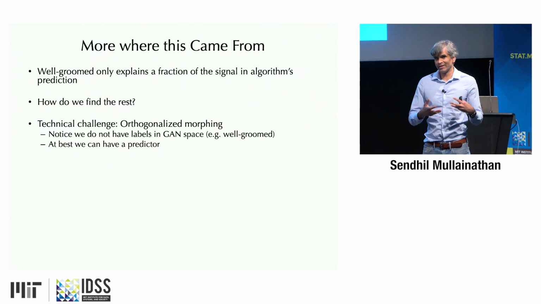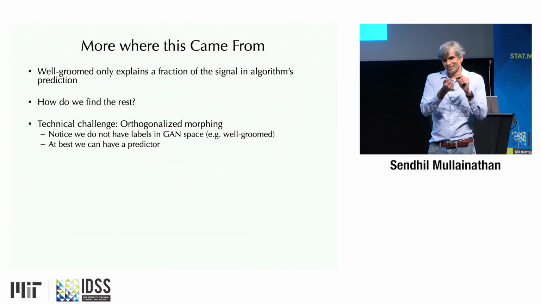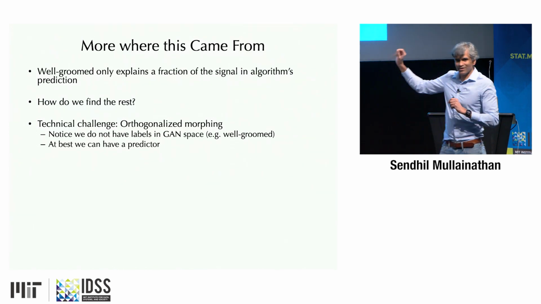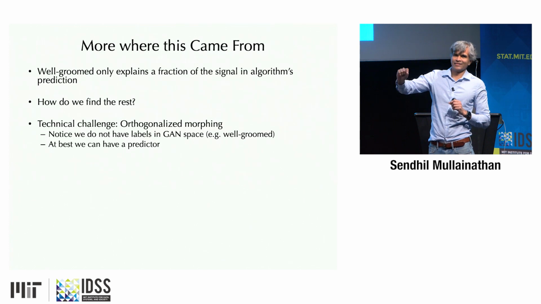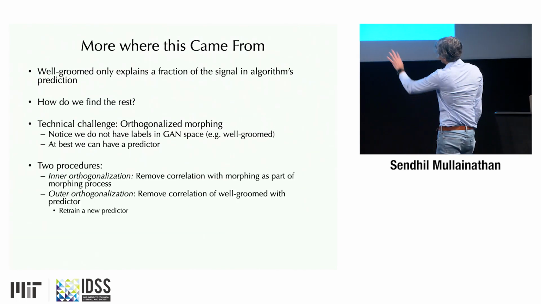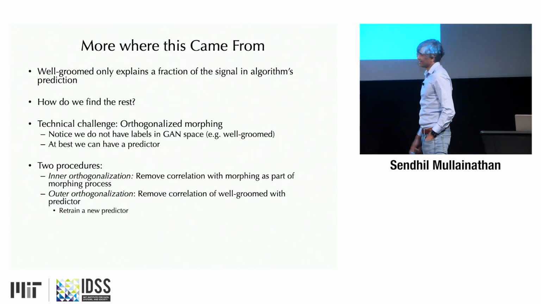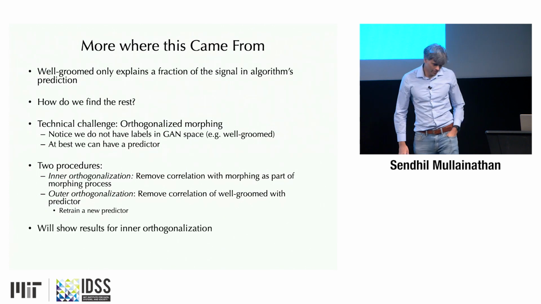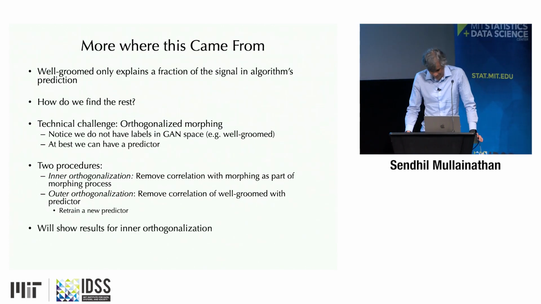And any predictor of well-groomed has some error. But because the original predictor is correlated with well-groomed, as I follow what I think is the orthogonal component, I am actually following the prediction error in well-groomed, and I'm actually following well-groomed. So it's quite hard to do this without just getting back on the well-groomed gradient, because that was the first gradient that you got. So it's very hard to do this. I can tell you how we hacked our way around it, but it's fine. This was one of those things that I really don't know. There must be a nice solution. We don't have a great solution. We have something that works, but not something that's general.